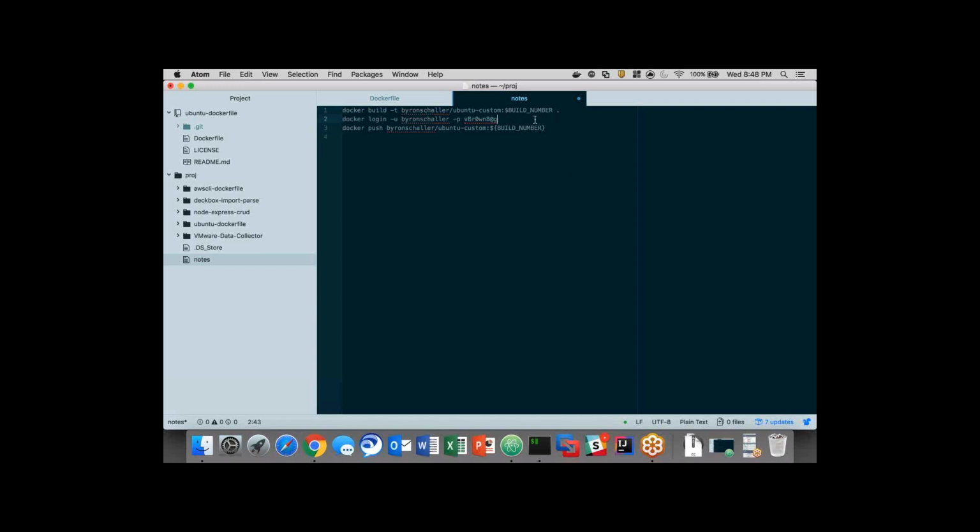So dot. And then I'm going to log in to the Docker Hub. Now, there's better ways to do this where you can actually generate tokens and things like that, so you're not actually storing a plain text password in your build pipe. But for simplicity's sake, we're just going to do this to make it easy. But don't do this in production. Then as soon as I'm logged into the public Docker Hub, I'm going to push this image, and it should increment